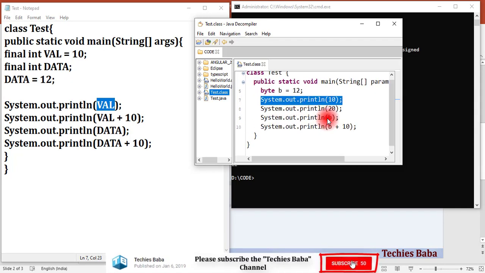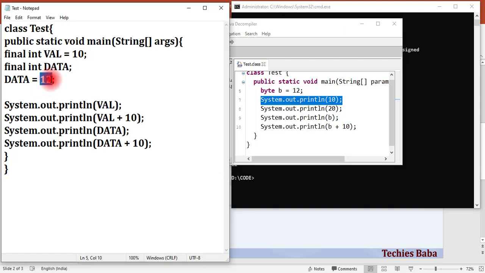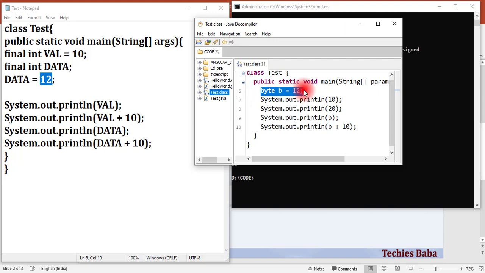It is just printing the value 10. Val plus 10, it is just printing 20. An int requires 4 bytes of memory, but this 12 can be stored in 1 byte also. So instead of int, it is defining the variable as byte, byte b, and then b plus 10.